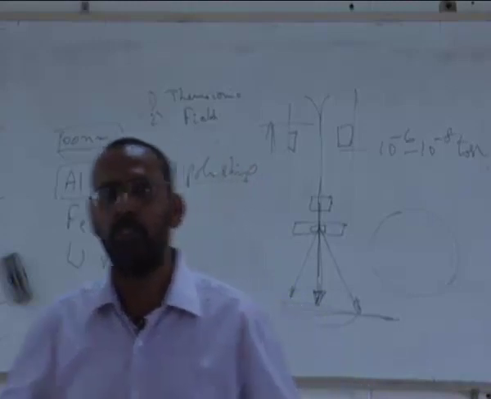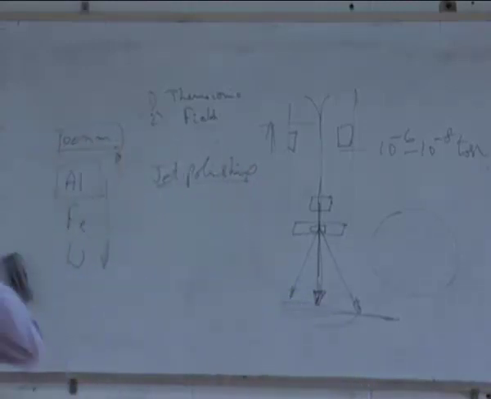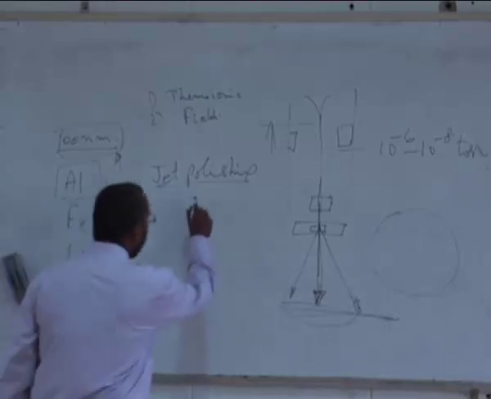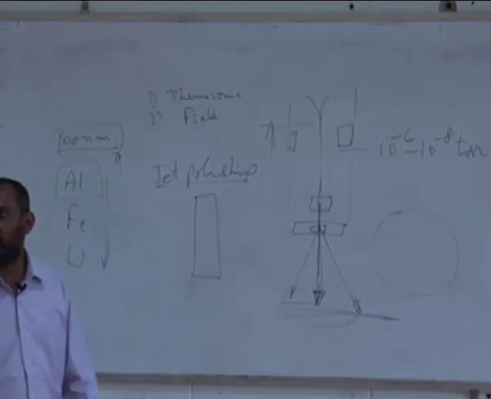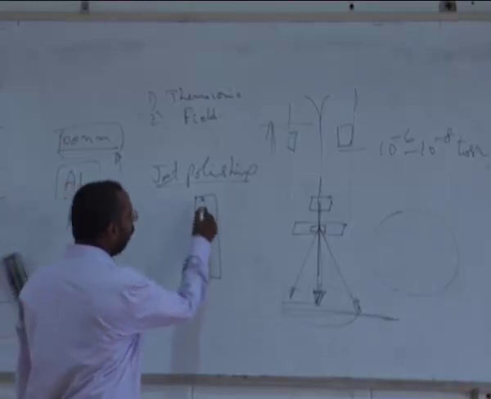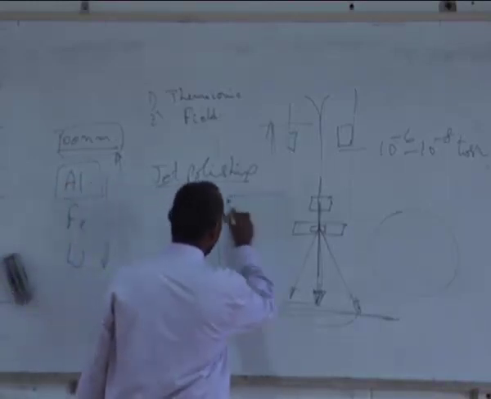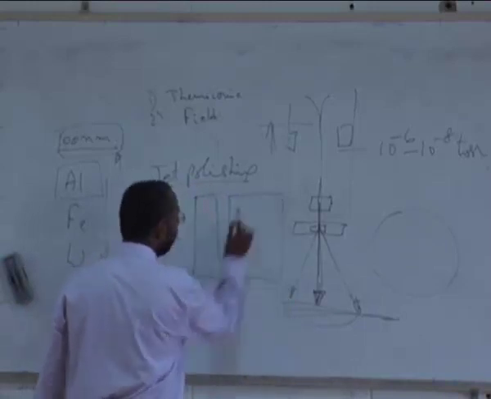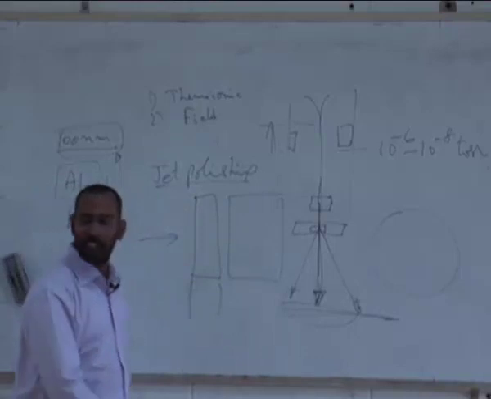This is the principle of even corrosion. What we do is try to selectively dissolve the sample. Long back, in the olden days when jet polishers were not available, what people used to do is, if I look at this, let's say, thickness direction, and from the other direction, this is my sample surface, and what I do is